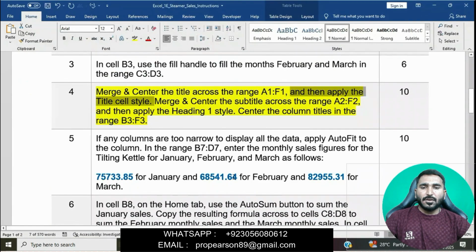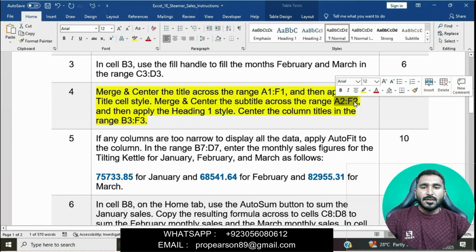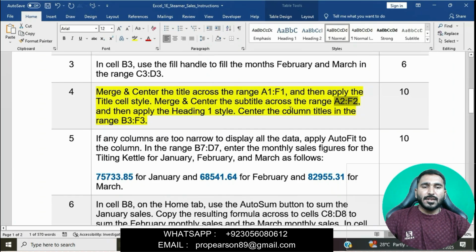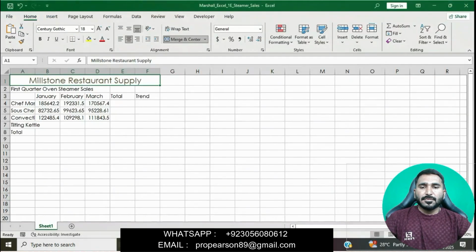Now merge and center the subtitle across the range A2 to F2, and then apply the Heading 1 cell style. We will select this range A2 to F2, enter the range, and press Enter.